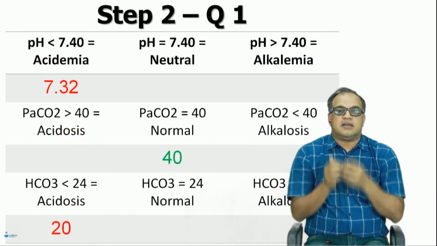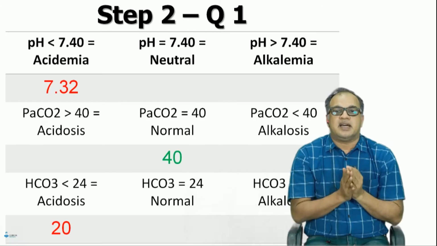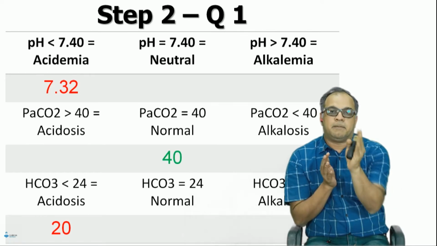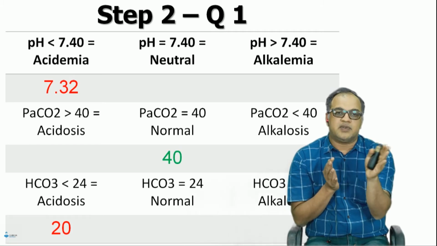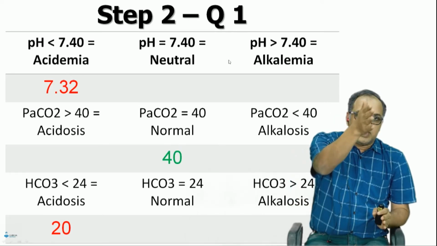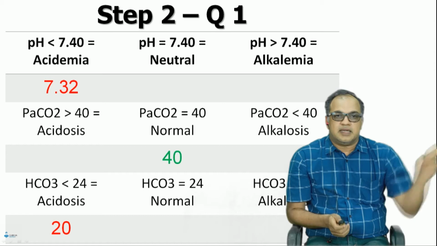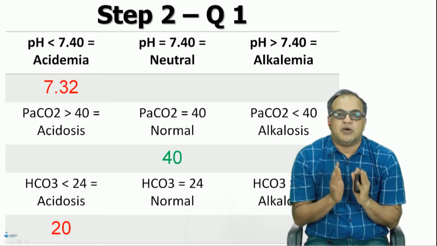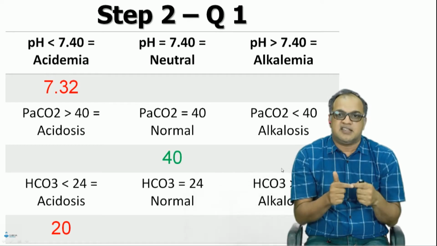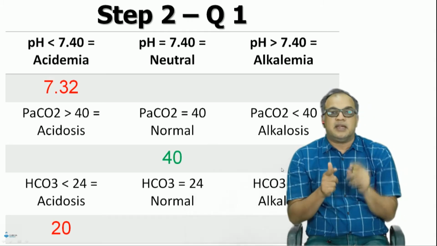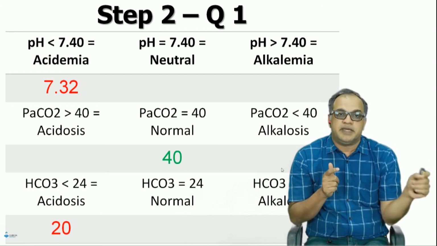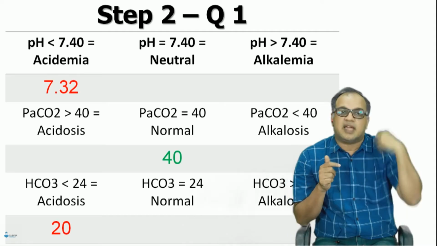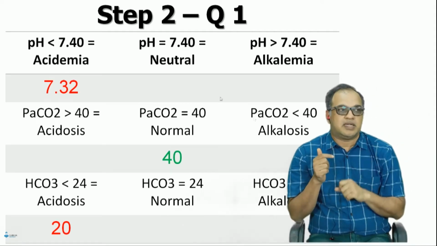Let's say our last ABG, we put the data in this tic-tac-toe. The pH is less than 7.4, it is acidotic. PCO2 is normal. Bicarb is less than 24, again it is acidotic. So the thing which is going along with the pH is bicarb. So the main problem here is metabolic. Same way, we will assess all the 7 ABGs again. We have to see which thing is going along with the pH. If CO2 is acidotic and pH is acidotic, then respiratory. If bicarb is acidotic and pH is acidotic, then again it is metabolic.